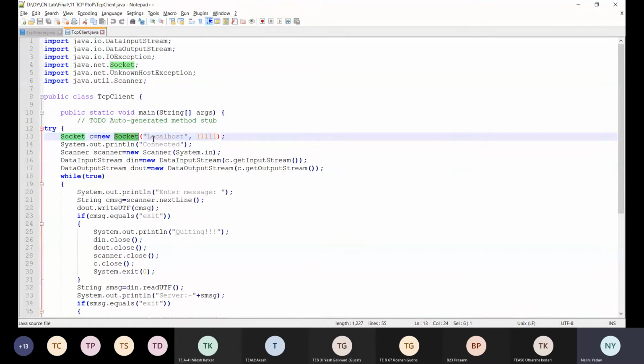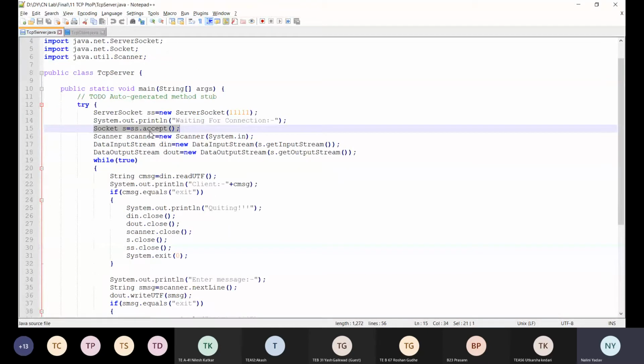It has created a socket and it has sent a connect request to the server. So once my socket call is successful, I will come back to the accept of the server. Here the server will be accepting the call from the client, and then the communication between server and client starts.